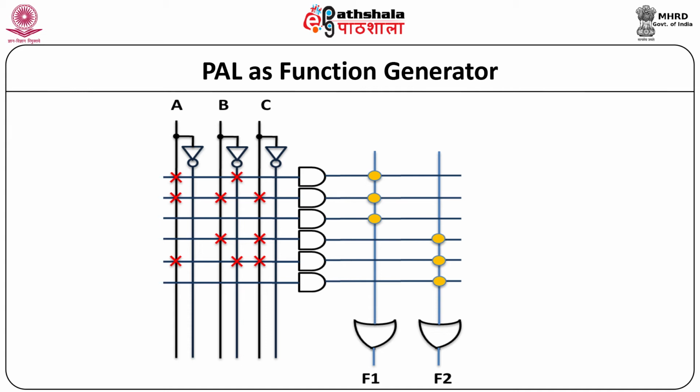Output F1 can be generated from these 3 product terms. Here we have only 2 product terms, AB bar and ABC. Third product term of F1 is absent. Therefore, there are no connections for the third AND gate. Similarly, F2 is also generated from 3 product terms, BC, AB bar C, and the third AND gate has no connection as it is absent. Thus, the red colored crosslinks are placed at appropriate positions through programming for the implementation of these 4 product terms.